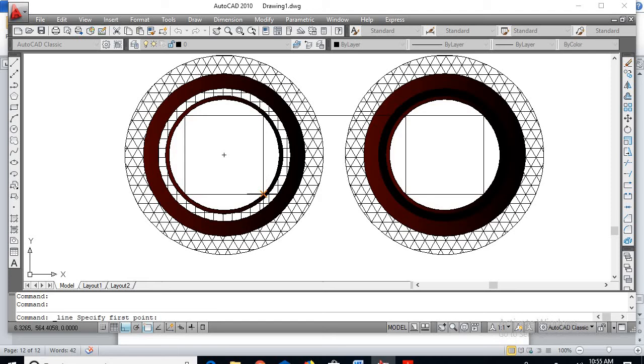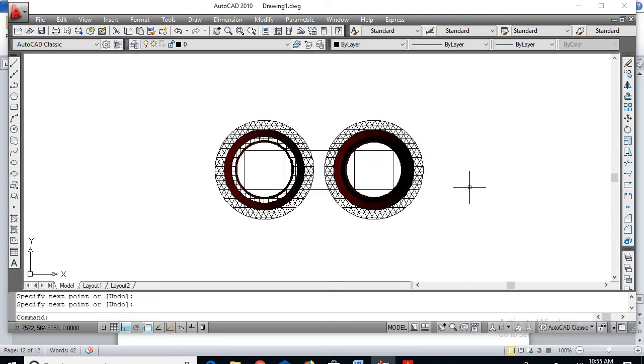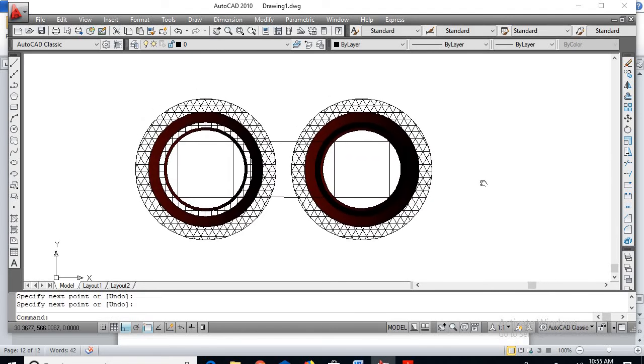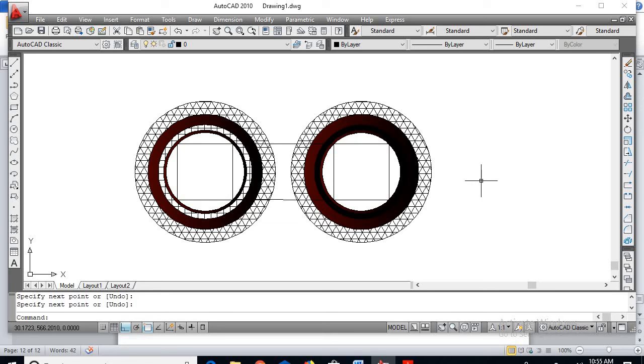Similarly at the bottom, draw from here to here. So now this completes the diagram.